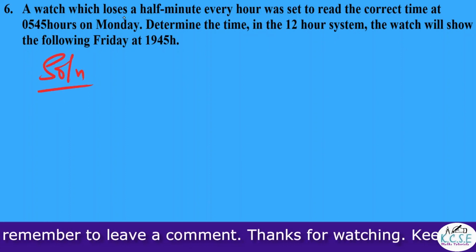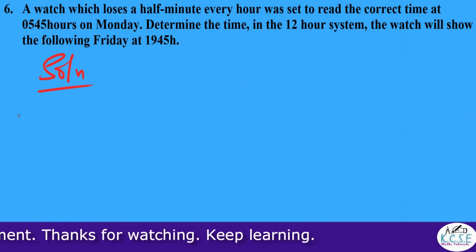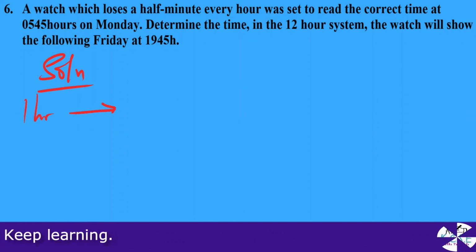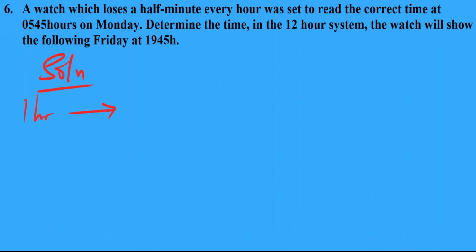So the watch loses half a minute every hour. So in 1 hour, it loses half a minute. Half a minute is equivalent to 30 seconds. So that is the first thing. Now it was set to the correct time as